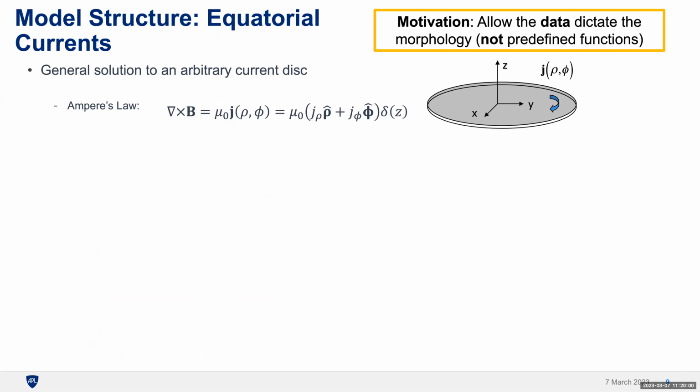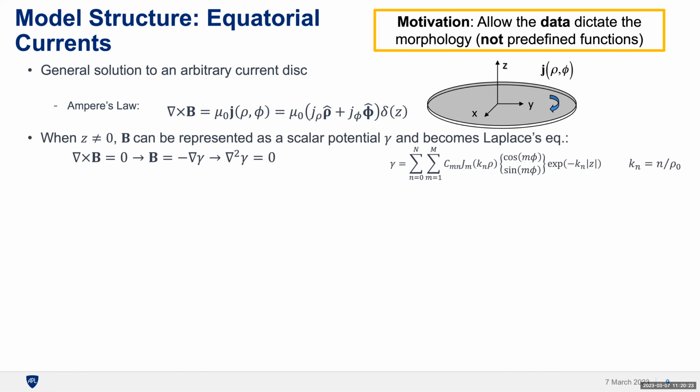So to go a bit more into the methodology here, I'm going to describe the equatorial currents. Like I said, instead of using these kind of hand-built modules to describe the equatorial currents that exist in the magnetosphere, the TS07 approach used the general solution to an arbitrary current disk. So if we write down Ampere's law for this thin current sheet, you end up getting, you